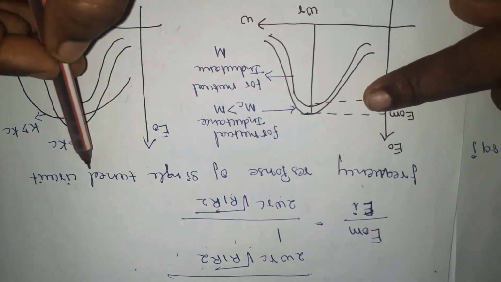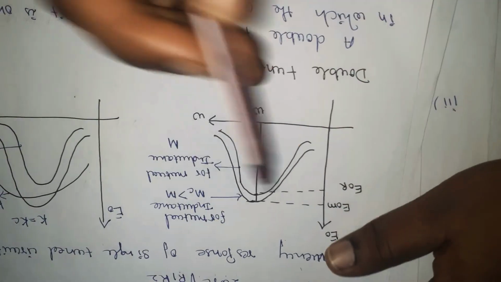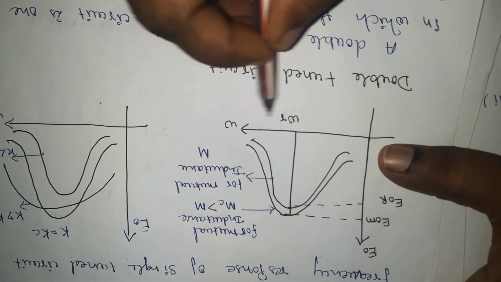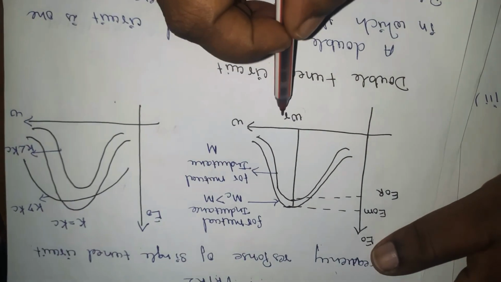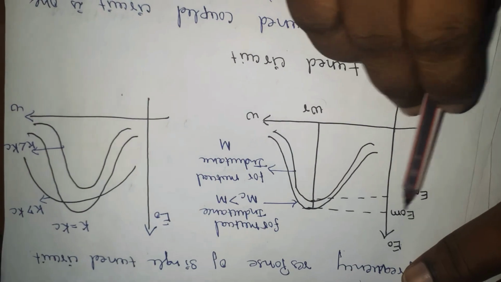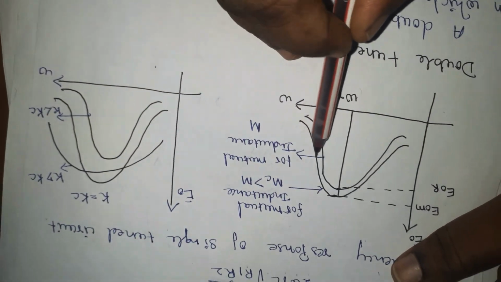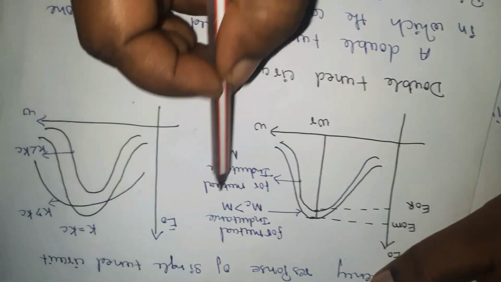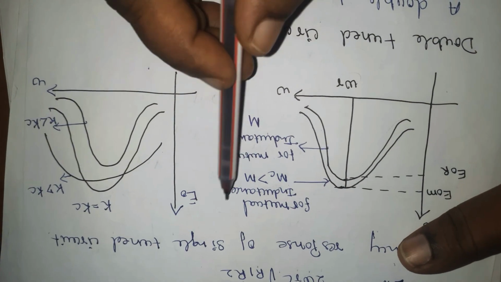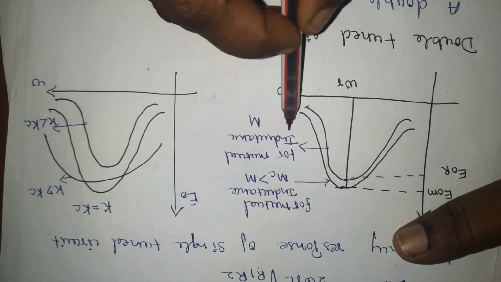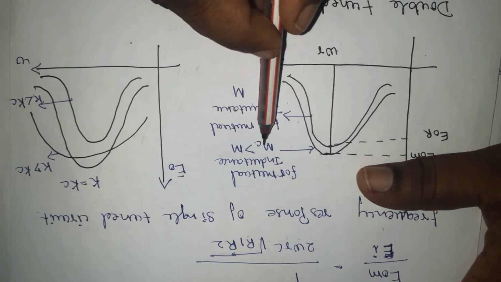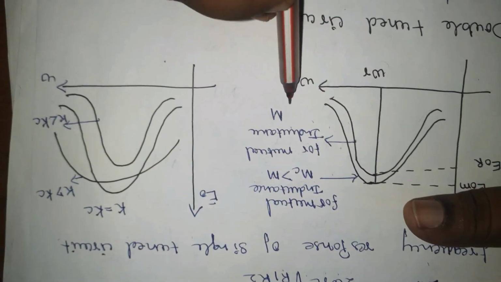Frequency response of the single tuned circuit. You draw the curves like this. Consider the x and y axes. On the x axis you draw ωr, and on the y axis you take the voltage. Here is the response, here is resonance, and here you take the input voltage, E0 max, E0r. First you consider this curve; this curve is for mutual inductance. The second curve is also for mutual inductance. This one is for critical mutual inductance or greater than critical mutual inductance.